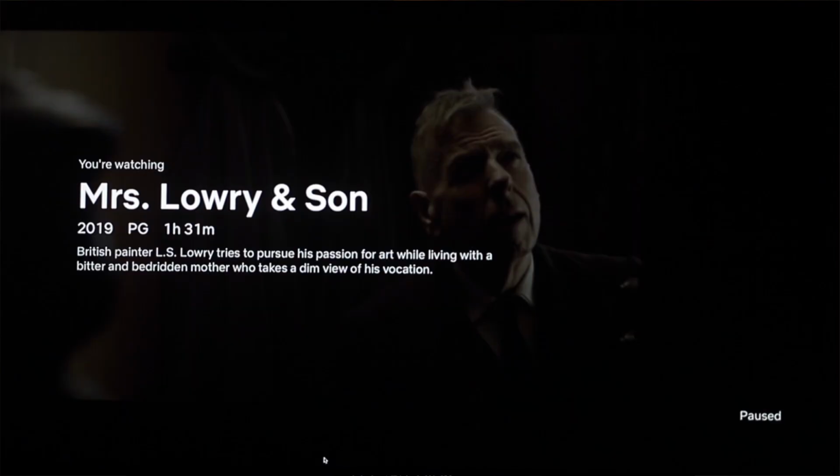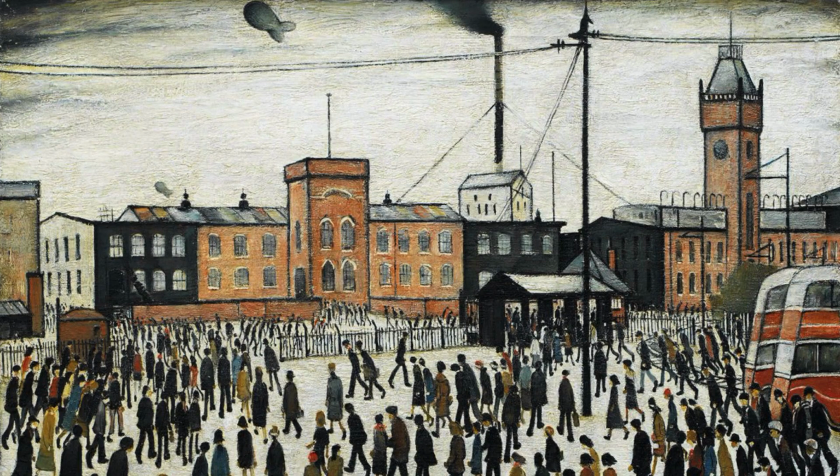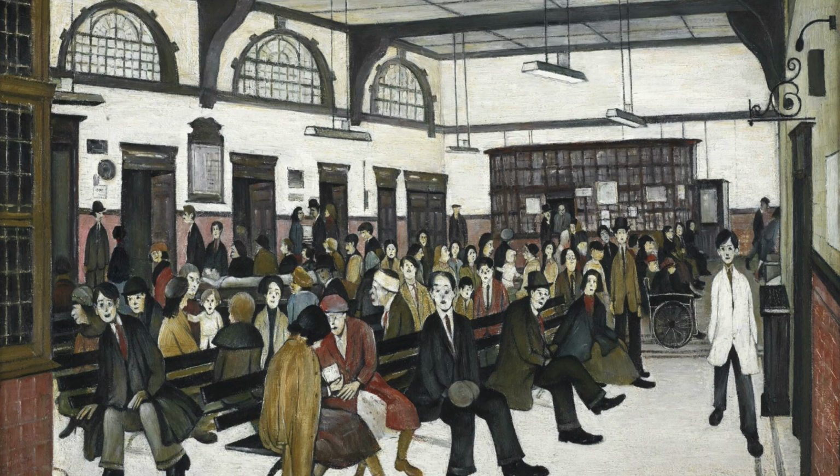It was a movie called Mrs Lowrey and Son, supposed to be about a British painter, L.S. Lowry, who painted his environment during the 30s in England in an industrial town. And I thought, well, this will be good. I'll watch a little bit of L.S. Lowry. Now, within a few minutes of starting the movie, I noticed that the set design was particularly accurate for